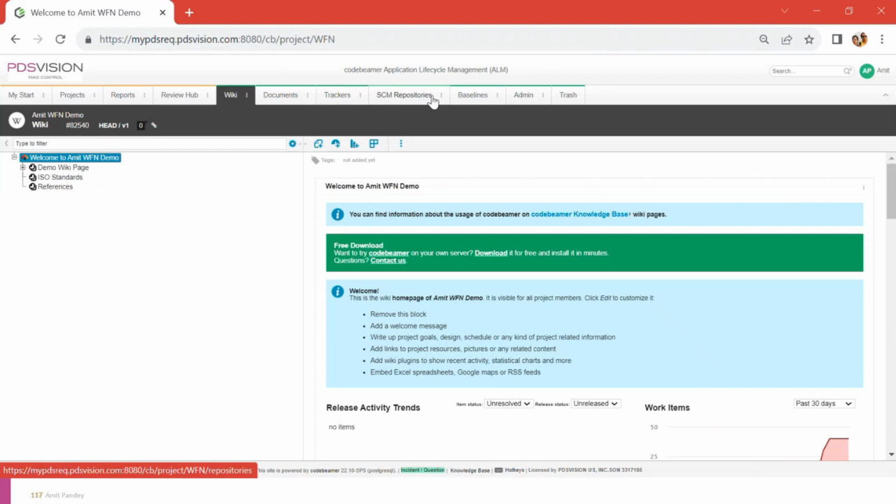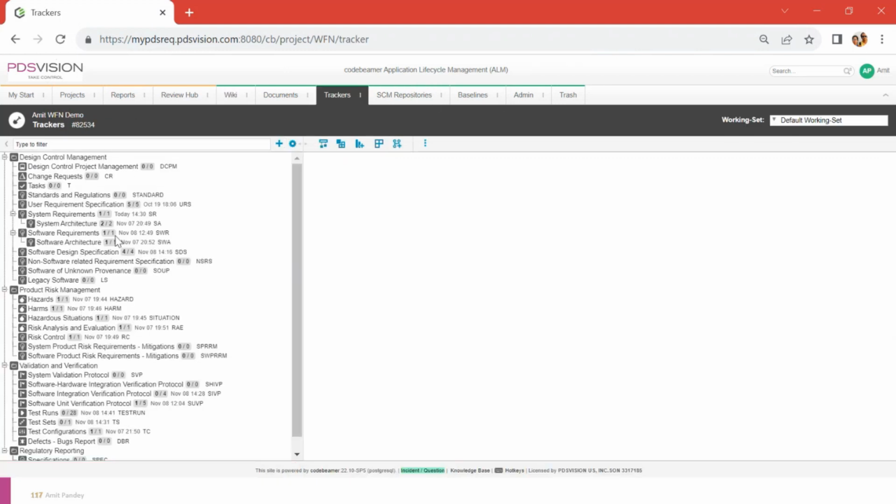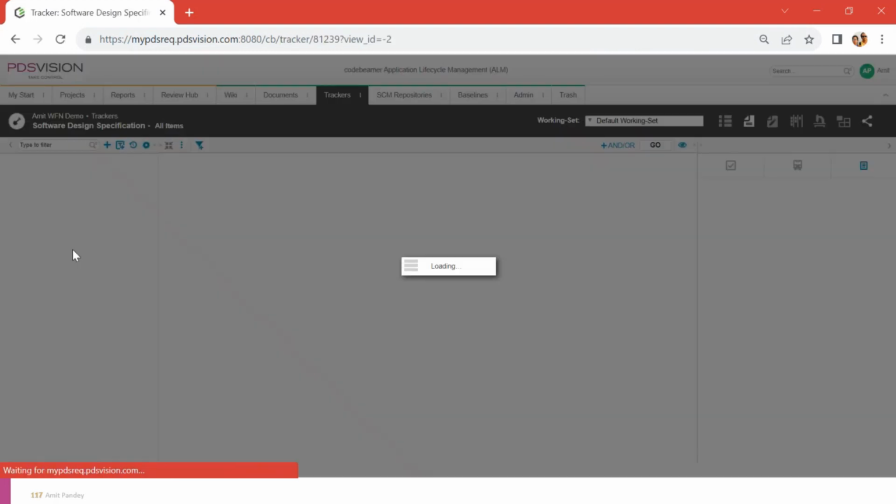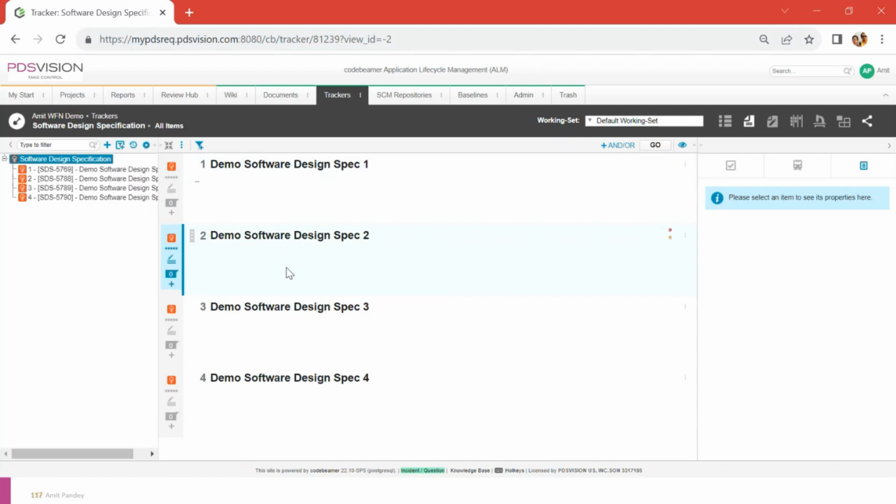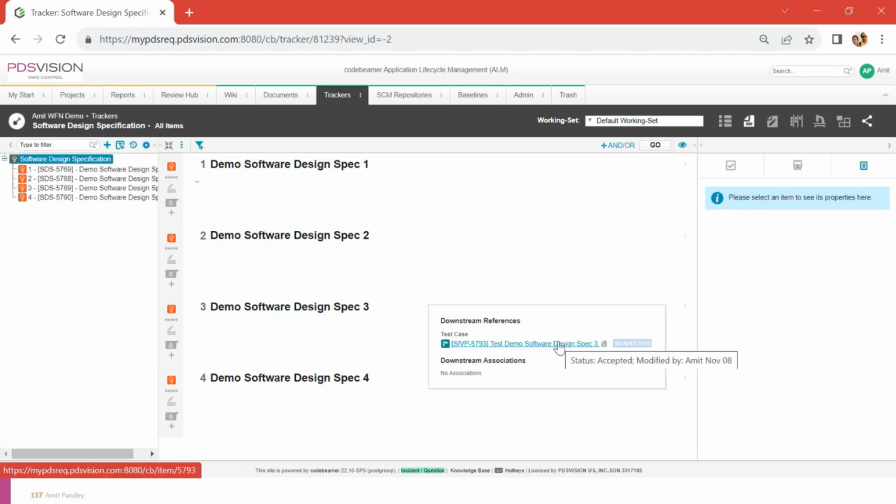Now, in this project, when I go to any tracker, especially the tracker on the requirement side, I go and pick, suppose in this case, software design spec. Now I have got some 4 software design specs, and for every spec, I have actually created a test case. Therefore, I wanted to pick this one so that it's easy for me to show you the test coverage. And for each of these, I've also done some test runs so that you have some good statistics